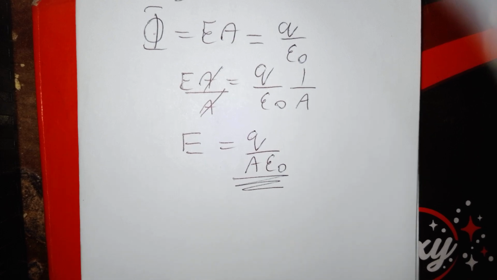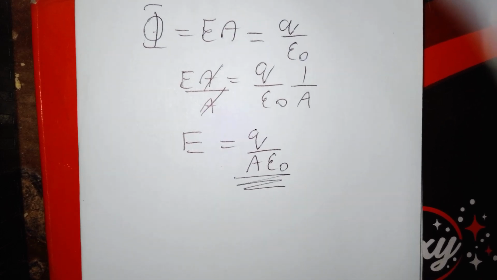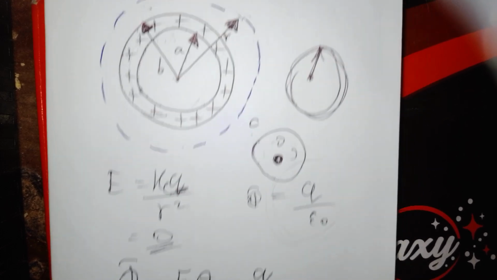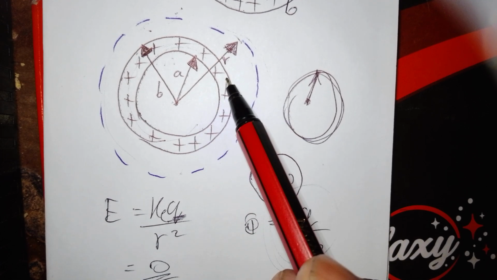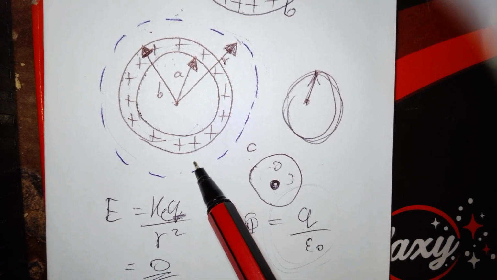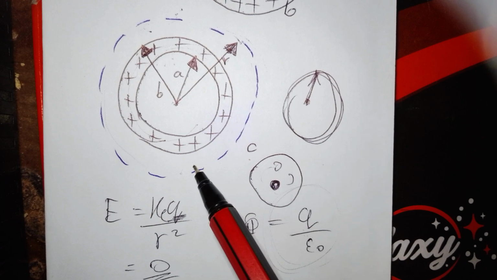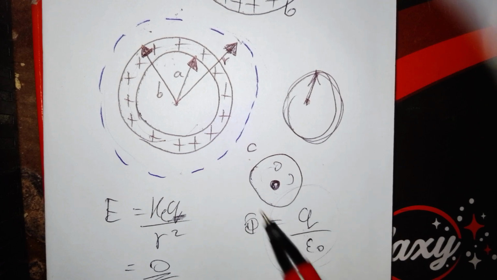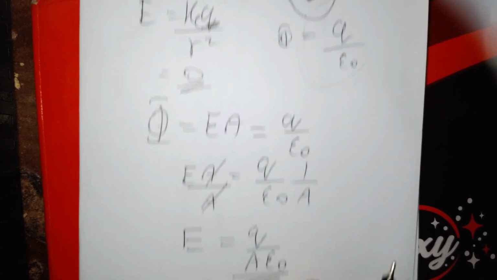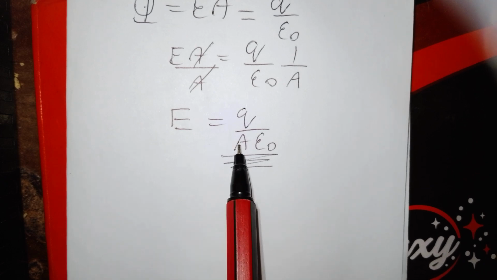But I want you to take note of this here. Of course, it looks like some other surface, but this here is a sphere. Of course, it is a sphere when you look at the book. So meaning the formula, it is necessary for you to actually substitute the area of a sphere. So therefore,